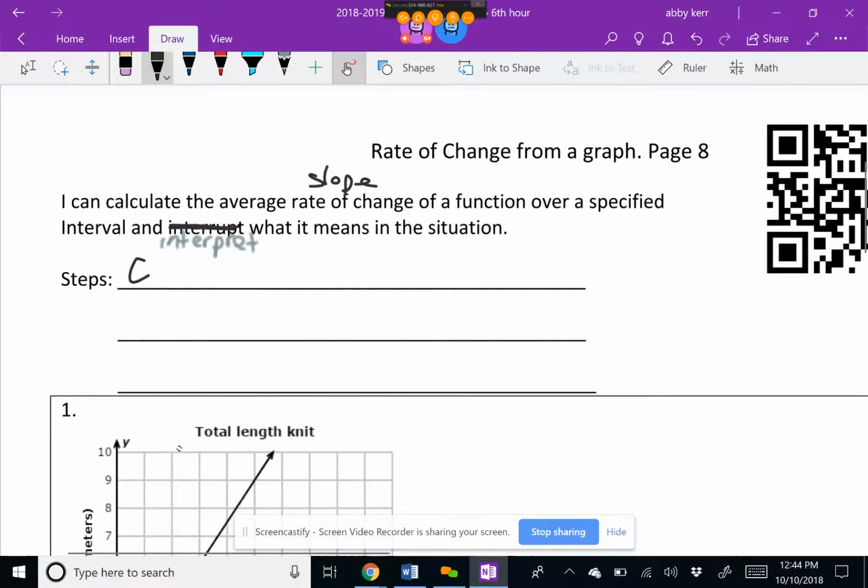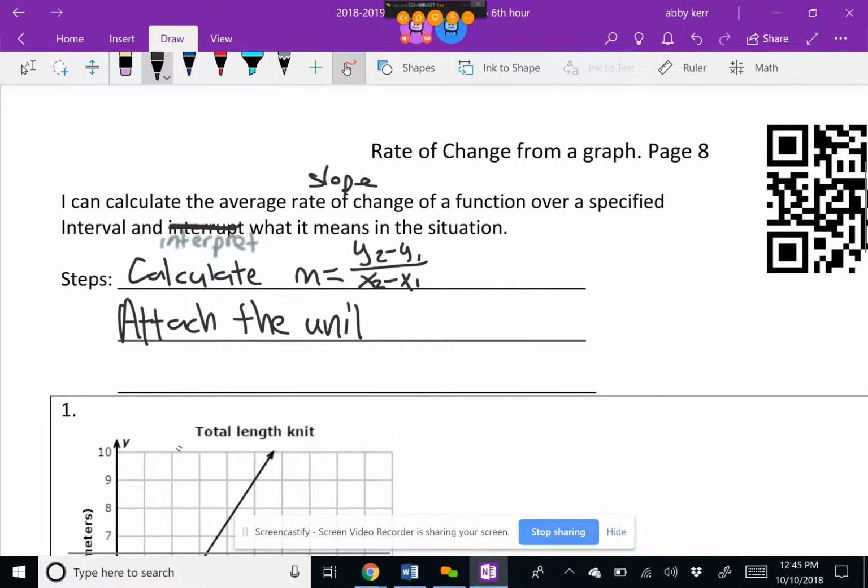So we're going to calculate our m. We're going to do that by using our slope formula. Now, once we do that, so that's what we've been practicing for the last couple of days. Now we're going to attach the unit to it. So since we're talking about real life problems, the real life problems are going to have units, whether it's centimeters, days, years, inches, feet. The unit's going to change for each problem. So attach the units